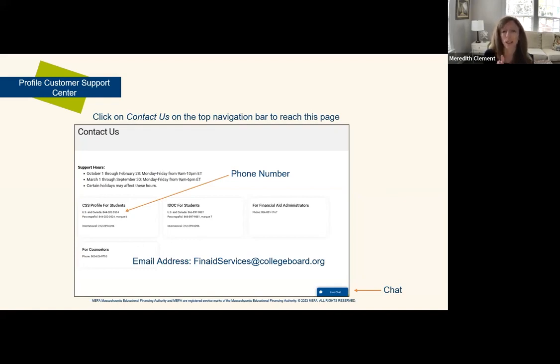If you click on that Contact Us link on the top navigation bar anytime throughout the profile application, you'll get to this page. So there's a phone number for students, there's a phone number for counselors and financial aid administrators, and there's also chat. So if chat is available, if there's someone on the other end of chat, you'll see live chat in the bottom right-hand corner of your screen, and you can click on that. There is an email address,